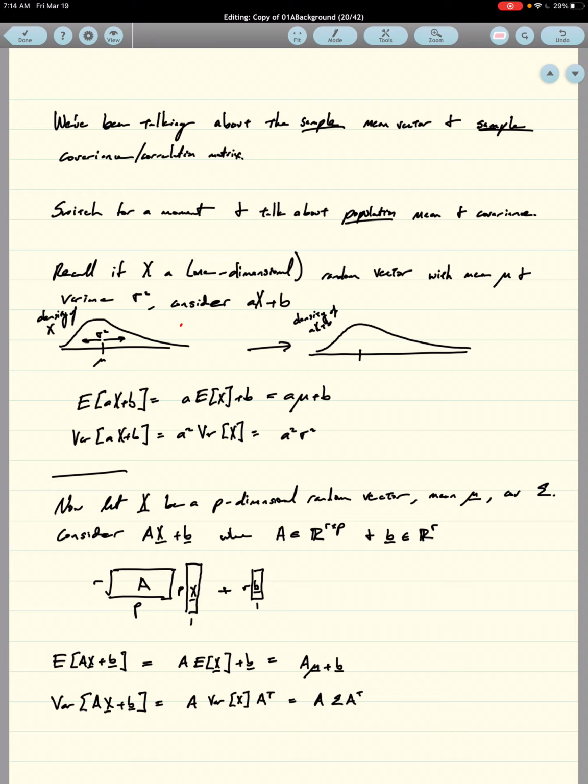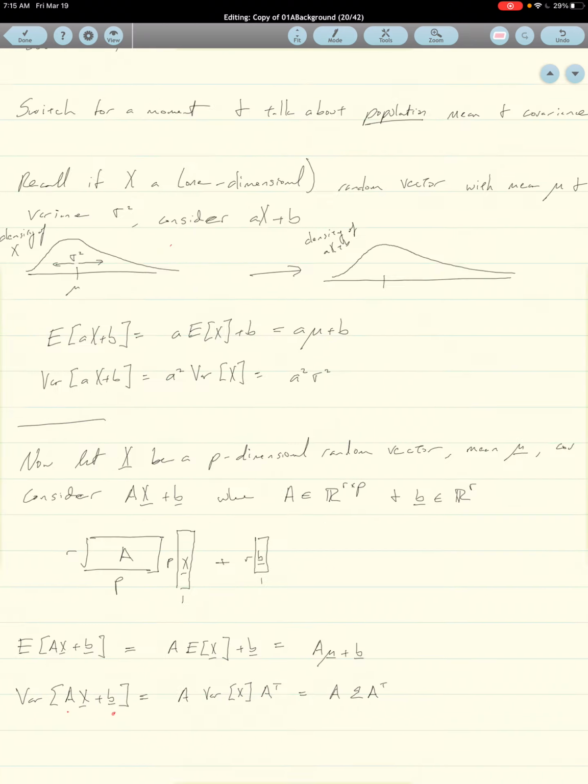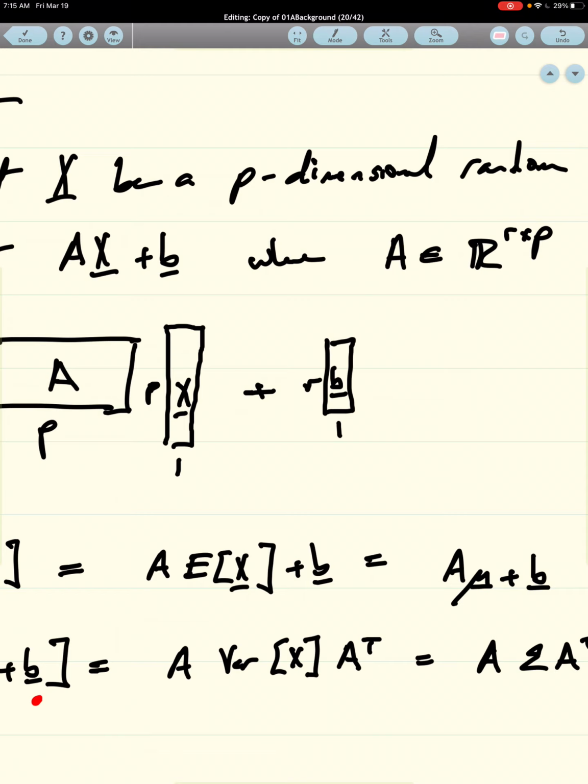The variance is a little bit different. You'll recall that when we were doing the univariate case, we ended up with the multiplier squared. The way that works for variance here is that b again does not affect the variance, but this A we have to square somehow, and we need the dimensions to agree. So if you think about this, we said A was r by p. A transpose is going to be p by r, and the variance of x, which is sigma over here,